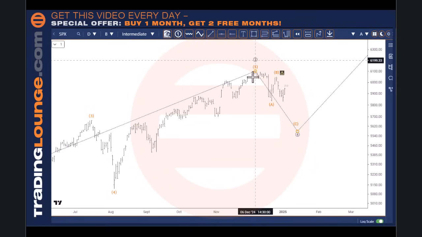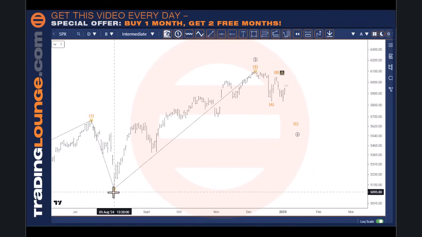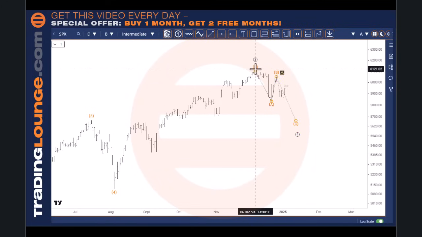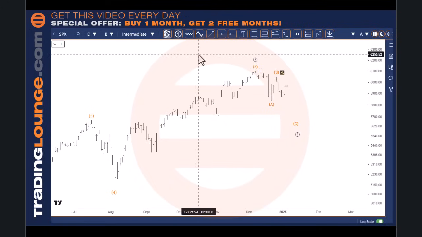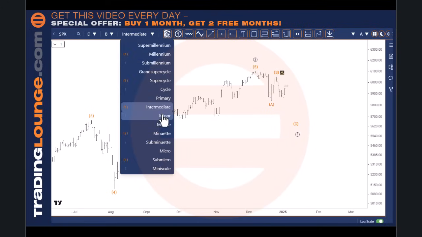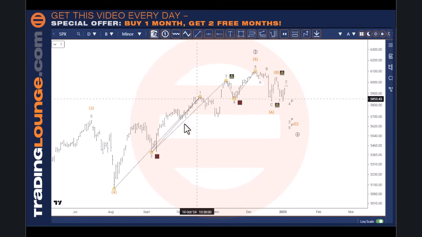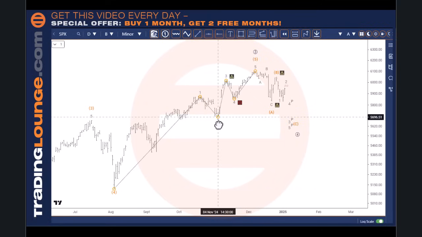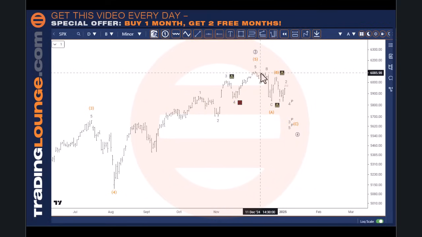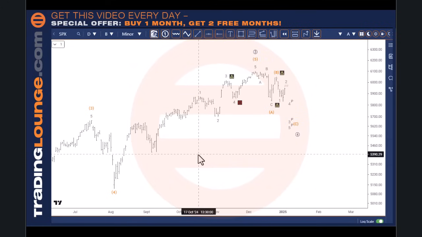Picking tops is a bit of a mug's game, and this wave structure from wave 4 here up to wave 5 here doesn't count that well. We can count it in different ways. We can look at it as 1 and 2 and 3 and 4 and 5. We could also drag this wave 1 up to here and this wave 2 to here as well, and look at this as 1, 2, 3, 4, 5 finishing in this way as well. That fits. So there are a few different ways to count it, but I have to say, tops hardly ever finish the way that you would like them to fit.